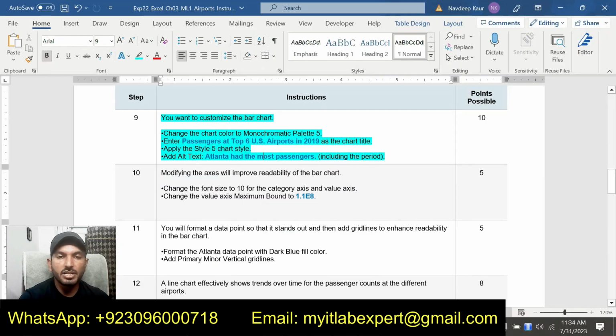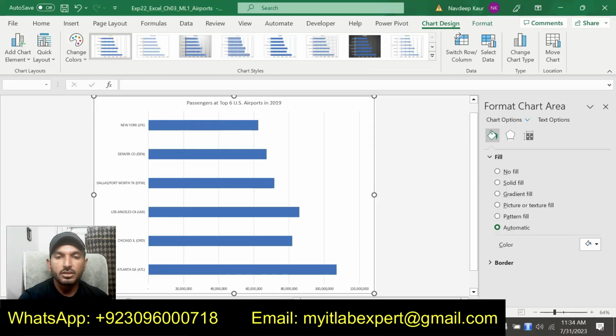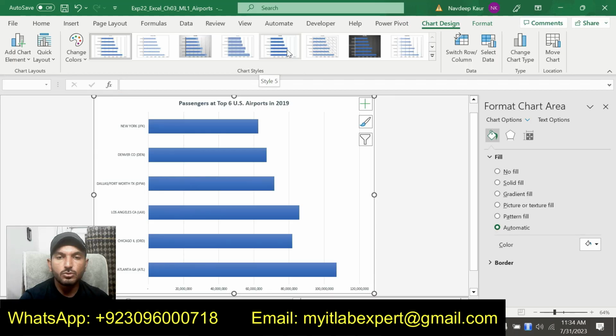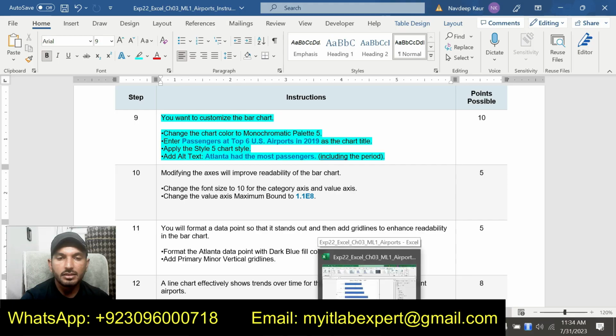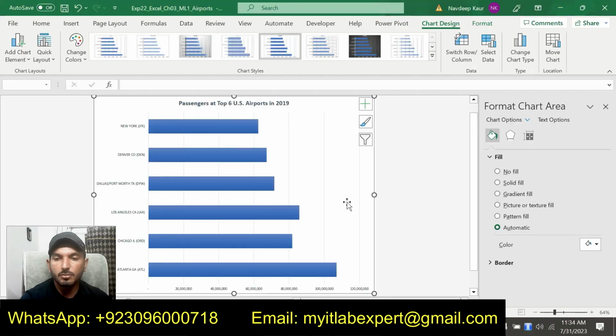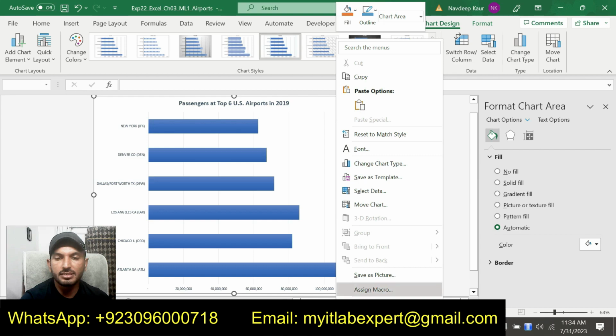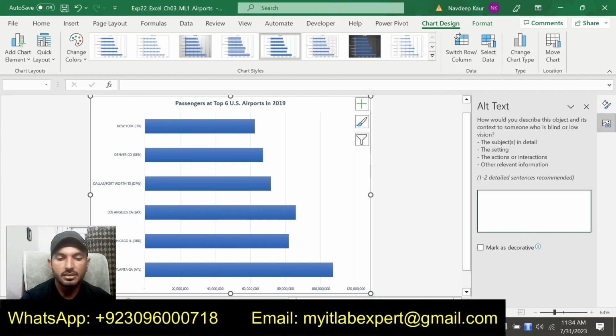So next thing to do is apply the style 5 chart style. So I will simply change the chart style to style 5. This is style 5 chart style. And last thing, add alt text. Atlanta had the most passengers. So add it as alt text.